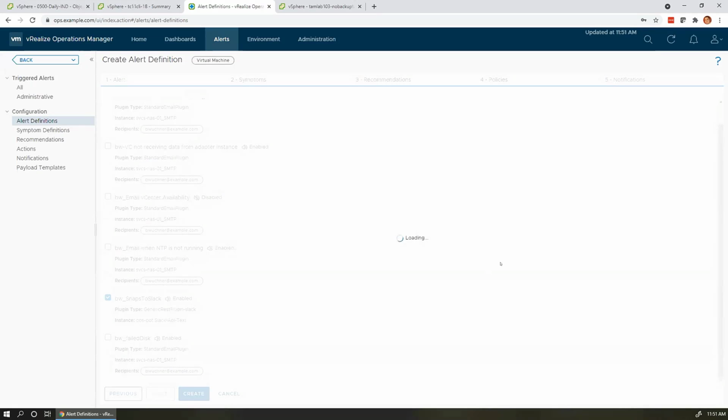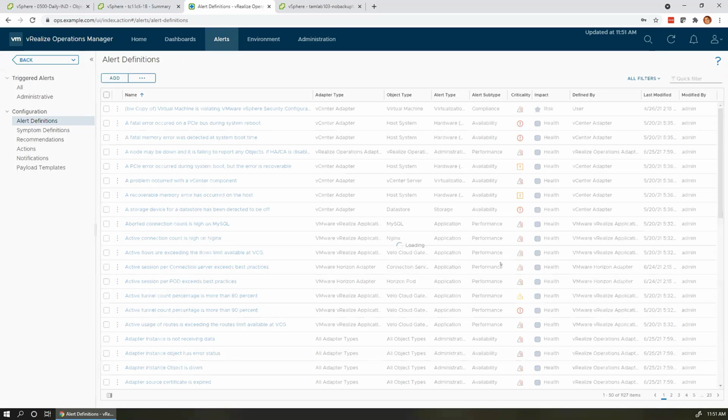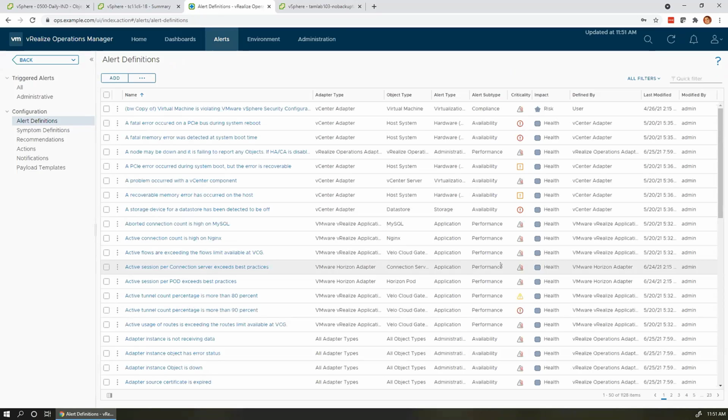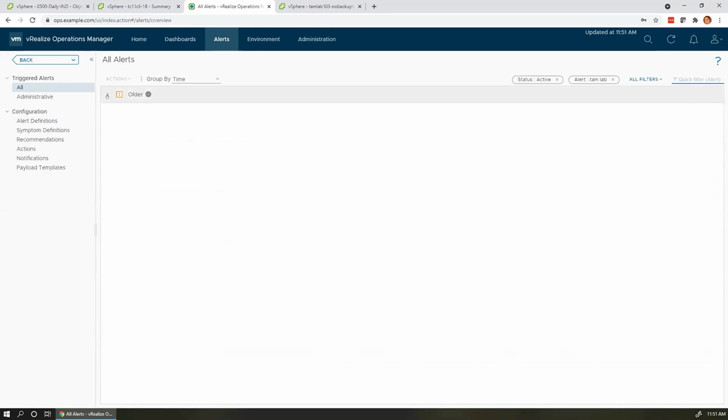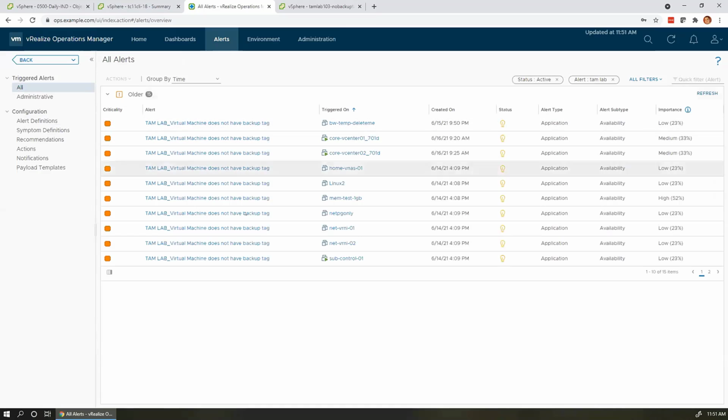So we're going to create that alert, and like I said, the way that this was created, it could take some time for that alert to actually trigger, which is part of the reason why we've got that kind of pre-created. We'll come in here and we'll say TAM Lab, and we'll look at older events, because here are